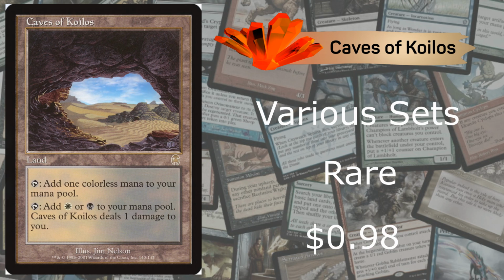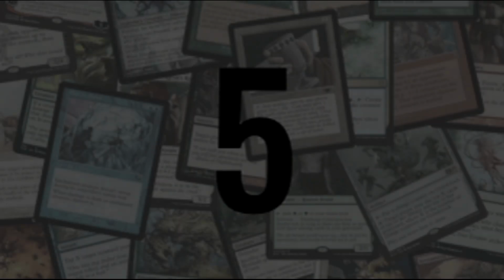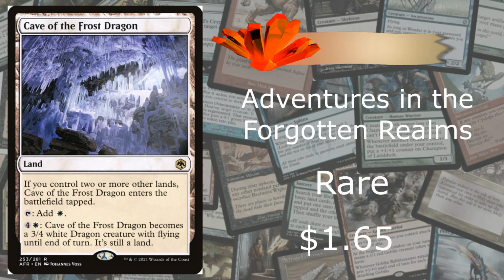and it deals 1 damage to you, which is, I think, another incredible ability for a cave land card, because you have that option. 1 damage, 20 life, isn't that difficult to use, so you might as well just keep pinging yourself. Again, we're talking about caves, so this is a pretty good card, and it could be playable in the real Magic world. So let's move on, halfway down our list, to number 5, which is Caves of the Frost